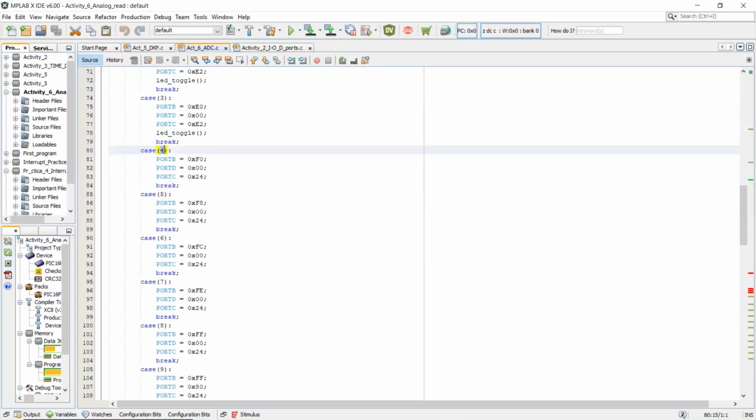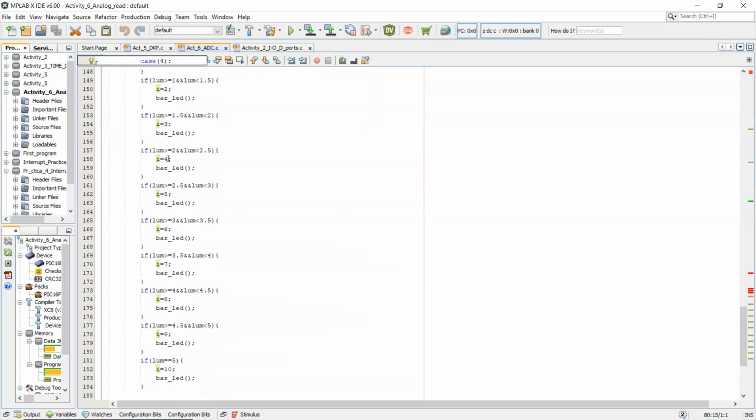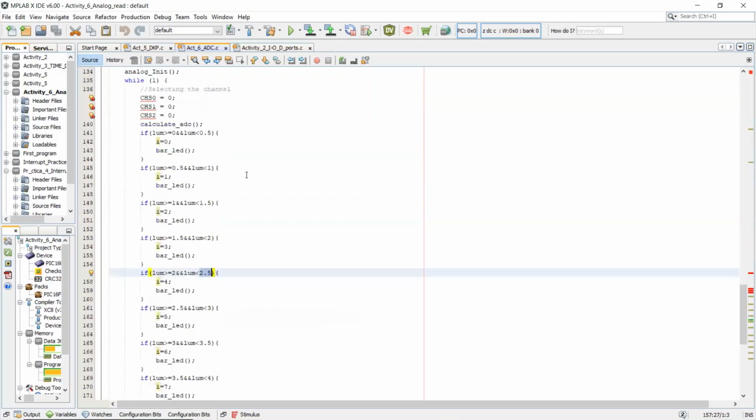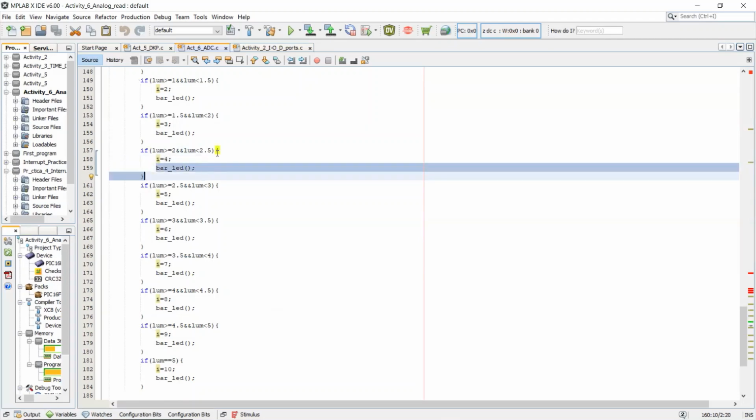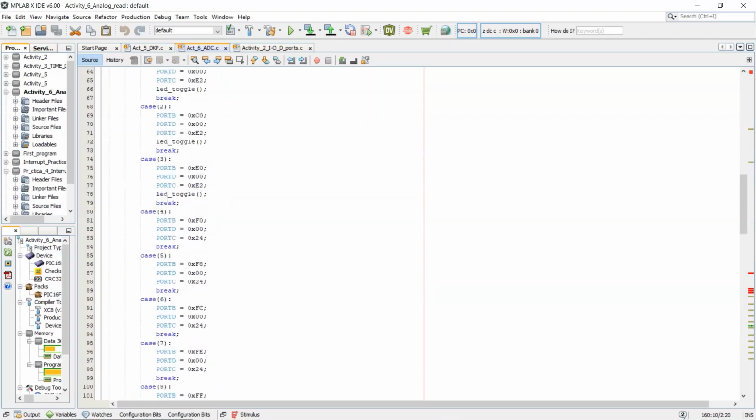For the case 4, it indicates that it's higher than 2 but lower than 2.5, that it never reaches this value. We're going to set this variable to 4. We're going to call this routine, and in this routine, it changes. We have 4 LEDs on,